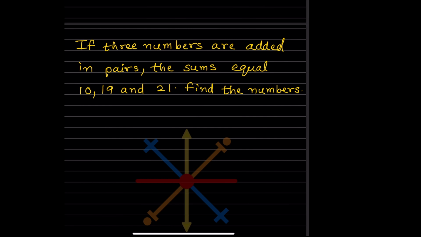Today let's see how to solve this question. It's given that if three numbers are added in pairs, the sums are 10, 19 and 21, and we have to find the numbers. So what will you do here? Let us consider the numbers to be